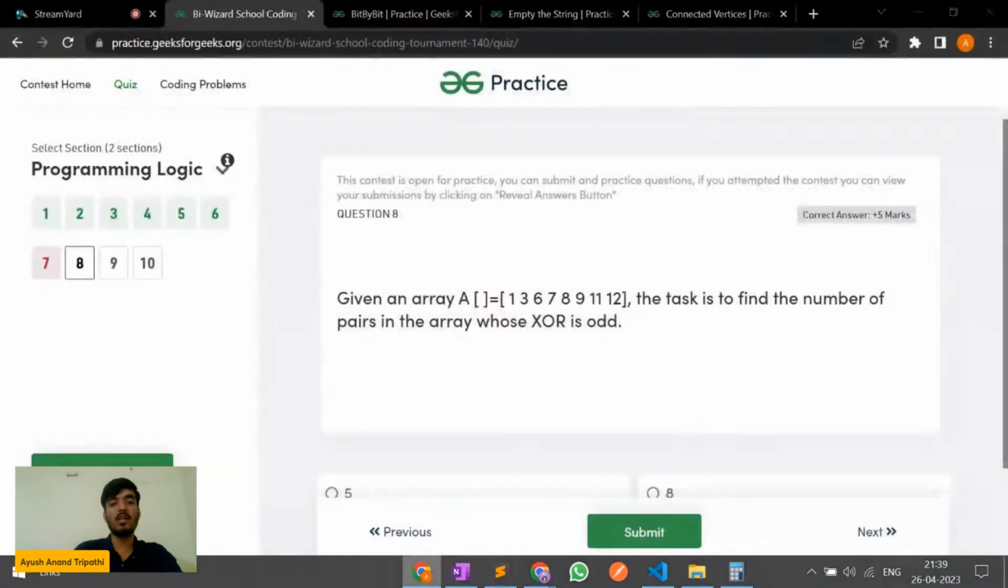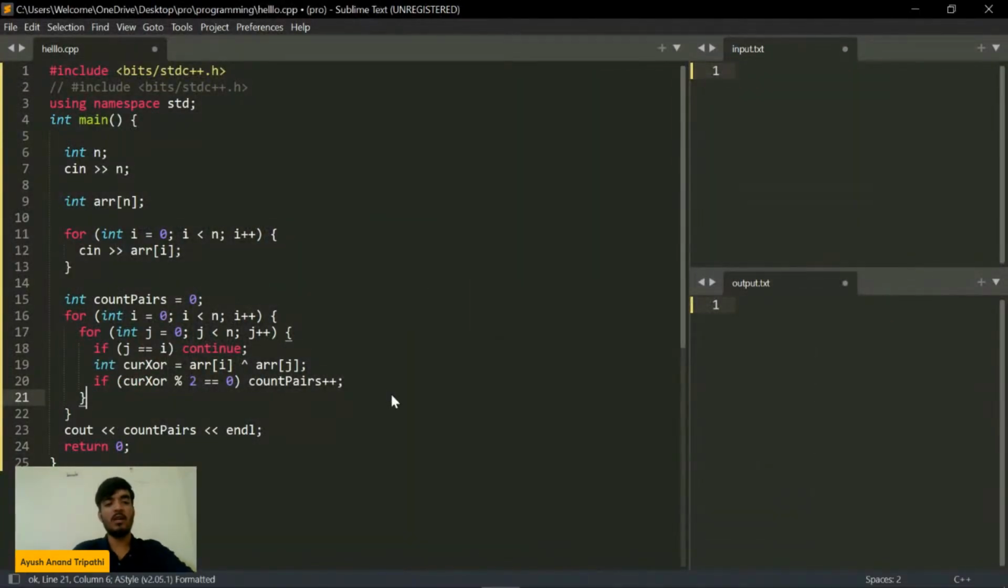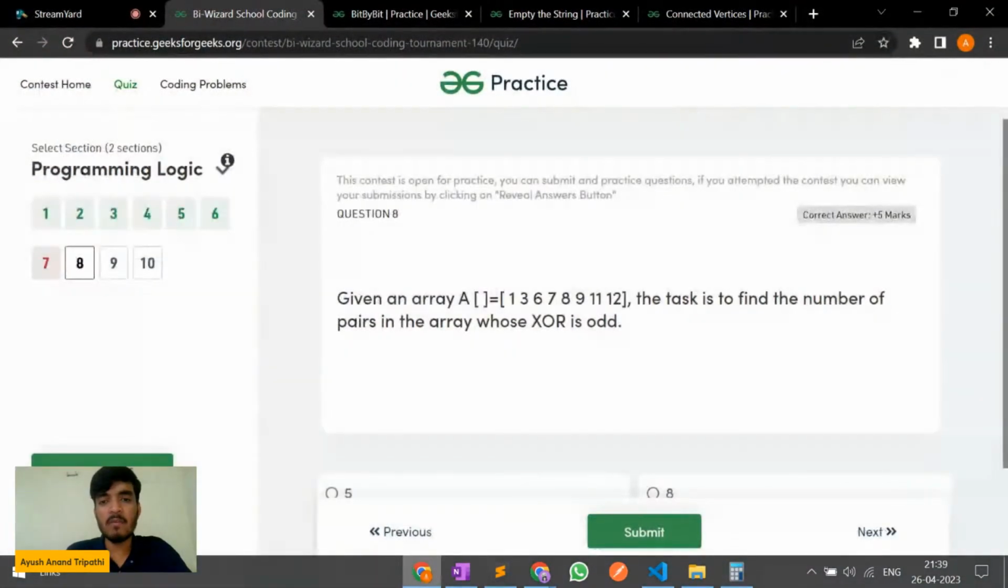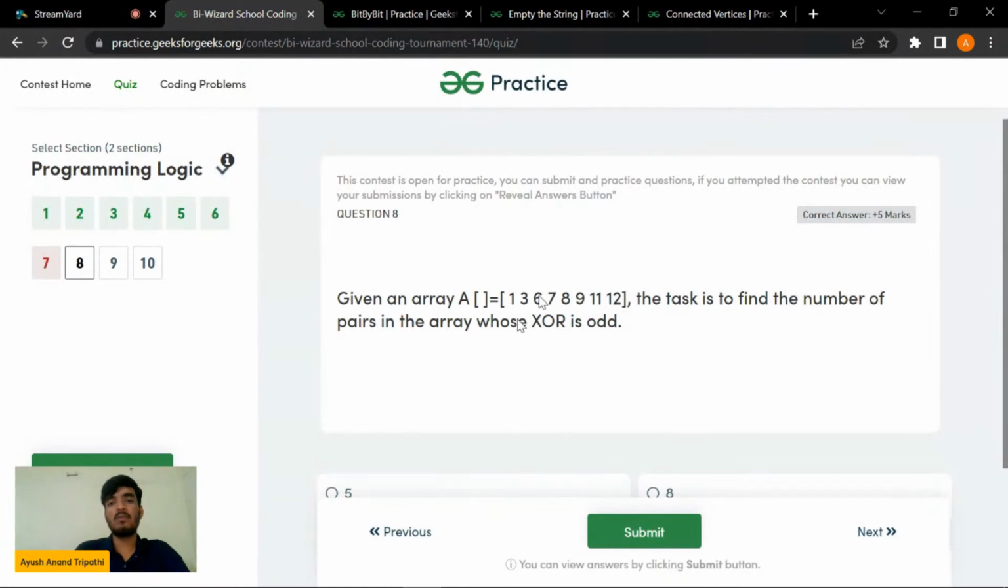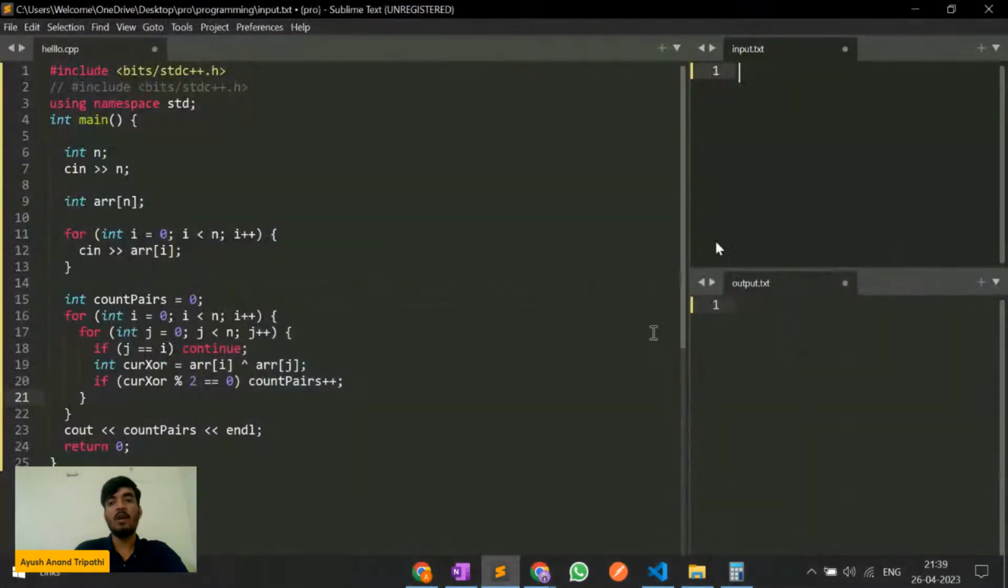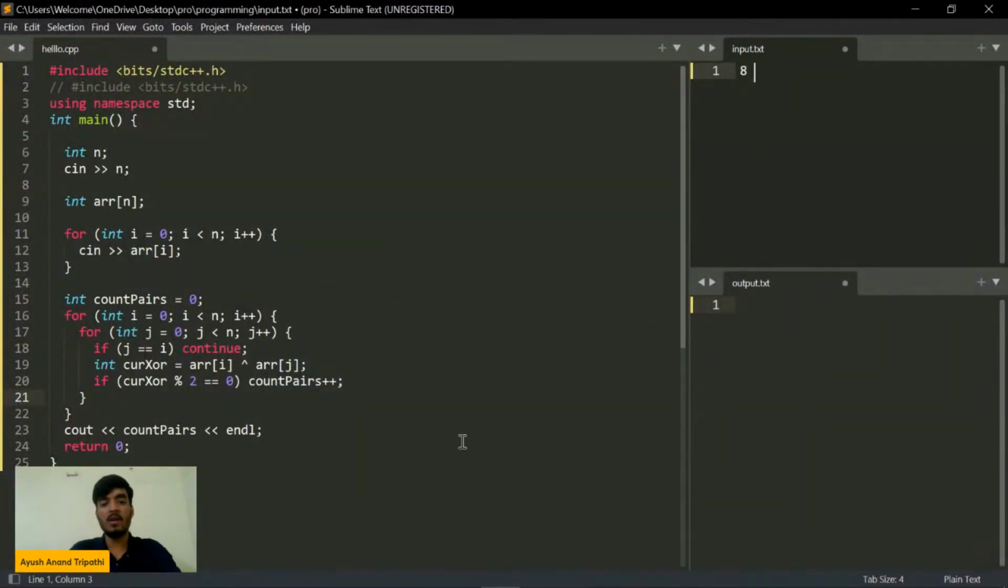So let's see what the elements are. But before that, let's build this. So how many elements do we have? We have 3, 3, 6, and 8. Yep, so we have 8 elements, and the elements are,